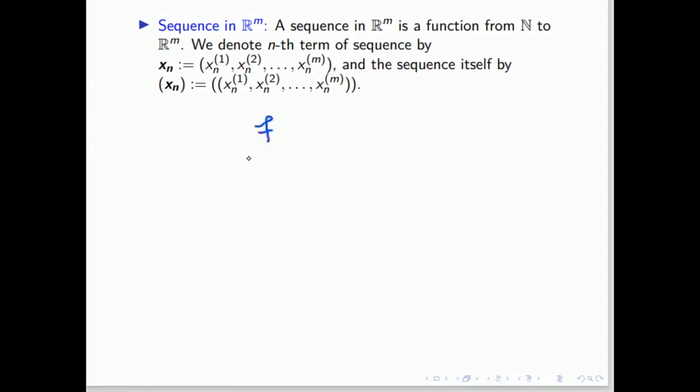So this sequence is a mapping from natural numbers to Rm. Why am I writing m here? Because there exists a natural number, which we denote by n, so I'm taking m here. m is again a natural number. m can be 1. If it is 1, it becomes a real sequence or a scalar sequence. If it is more than 1, it will be a vector valued function. So the natural number 1 maps to something. Can you give me an example of a sequence in R2? If m equals 2, can you give me an example of a sequence which maps natural numbers to a vector in R2?